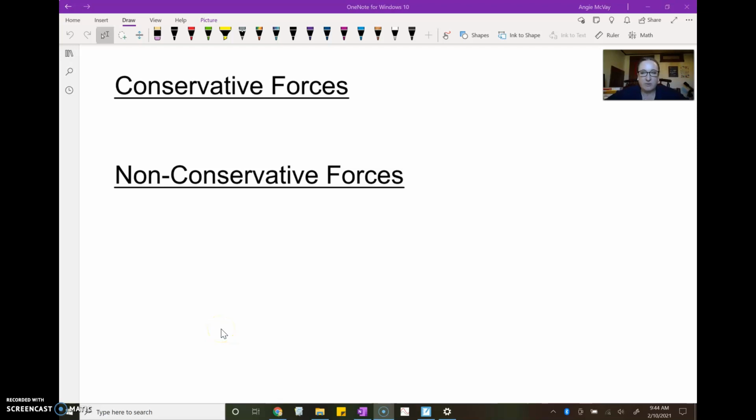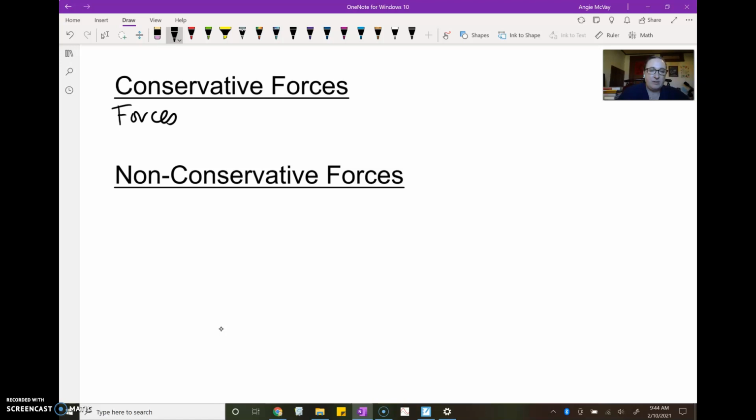All right, let's look specifically at definitions of conservative and non-conservative forces next. And then I've got a couple more examples for you, and then I'll set you loose on some independent problem solving. All right, so conservative forces are forces,